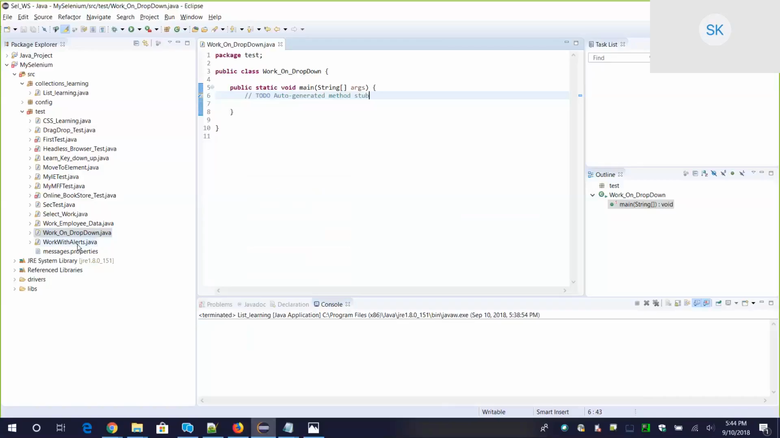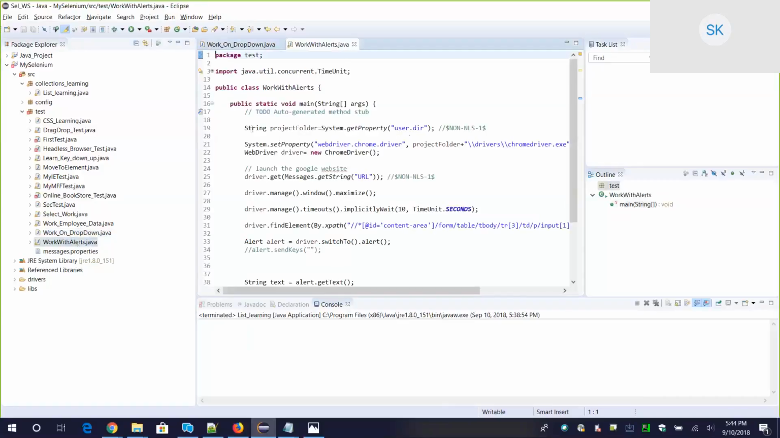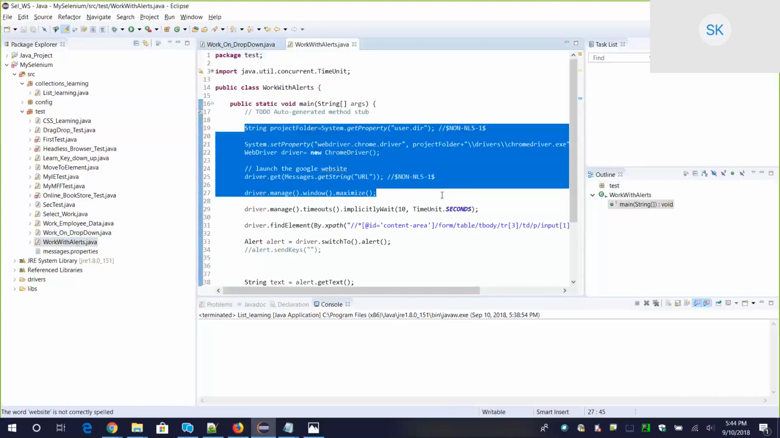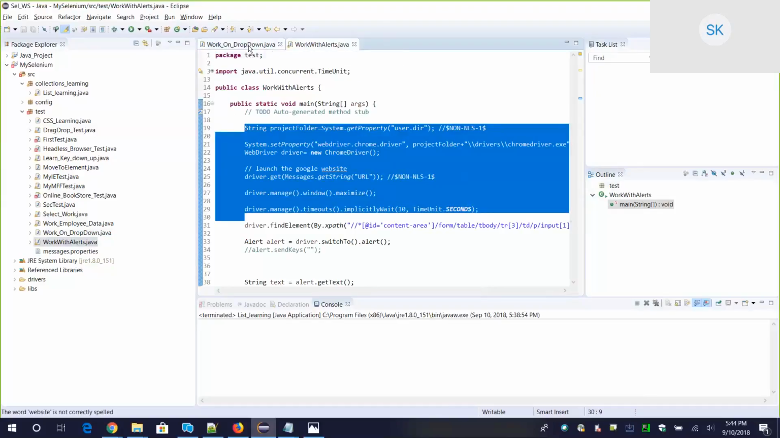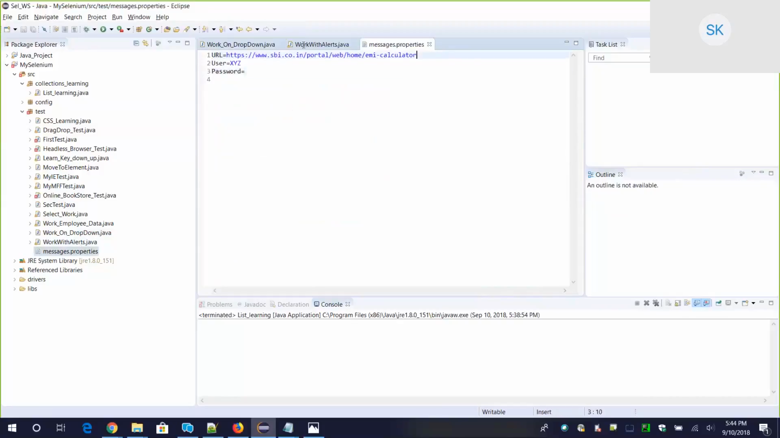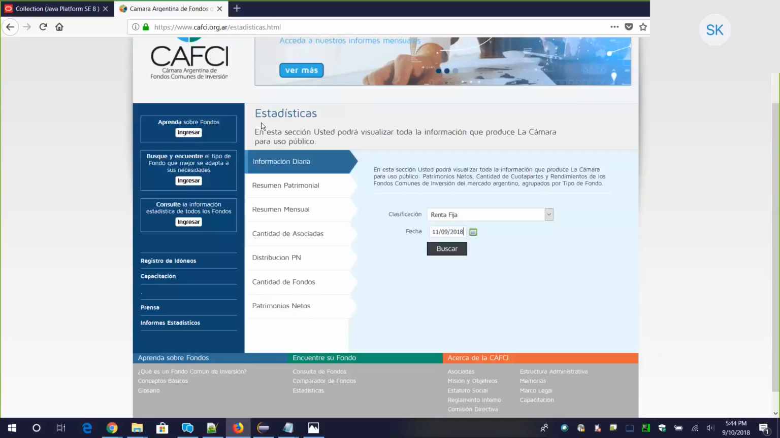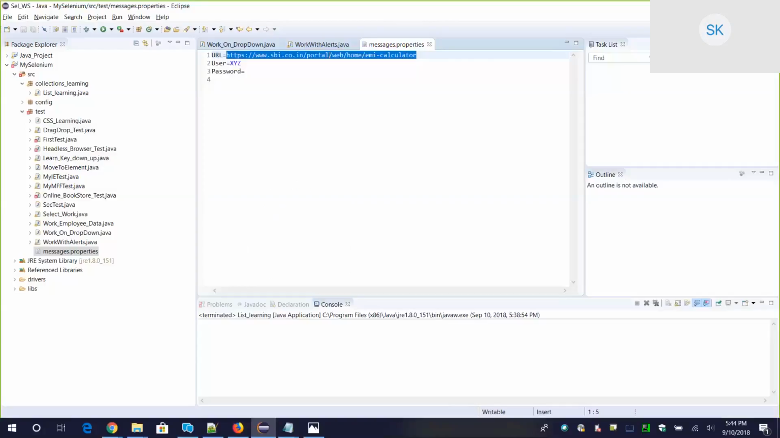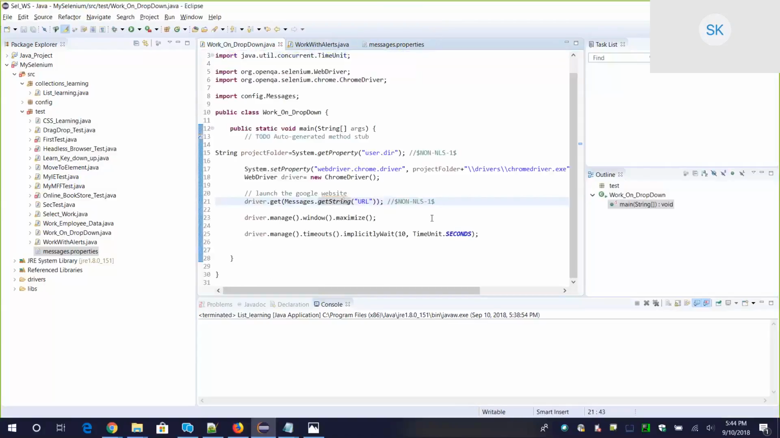So let me start writing the code. I'll simply copy paste what we have done so far. I have done that, and we have a URL stored in the properties file that is here. So I'll simply replace this with the URL of this application. Okay, I've done that, and now we have maximized and we have used implicit wait. Now let us go further